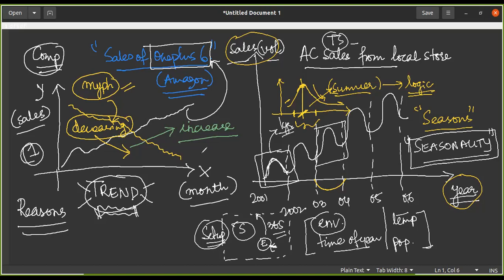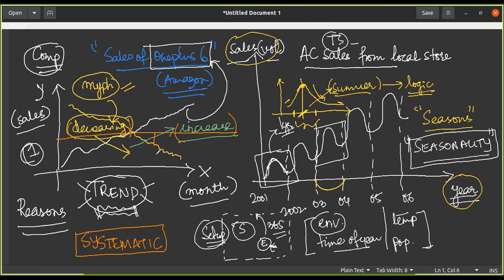Now, in both the cases, before I move on to the third and the fourth areas, please note something that is really very important. We often ignore this. But please note that both of these, trend as well as seasonality, I can also call systematic. Why? Because either the trend is increasing or decreasing, or obviously there can be cases where the trend is going to be a straight line. It may well be the case also.